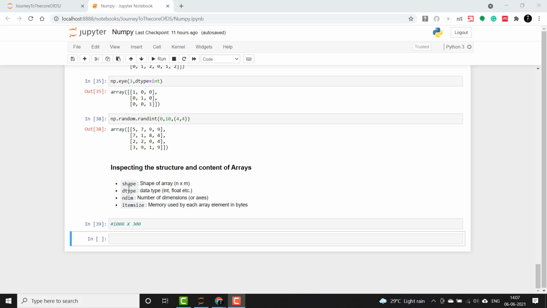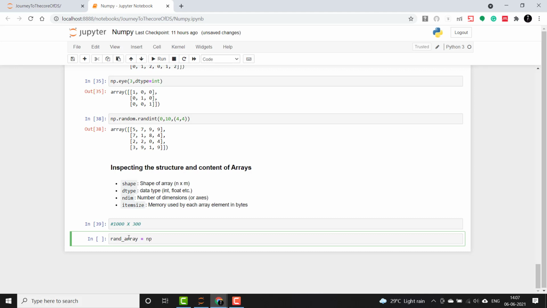Okay, so let's say that we are working with a moderately large array of size 1000 by 300. First we would want to wrap our head around the basic shape and size of the array. So for that we'll create this array first.